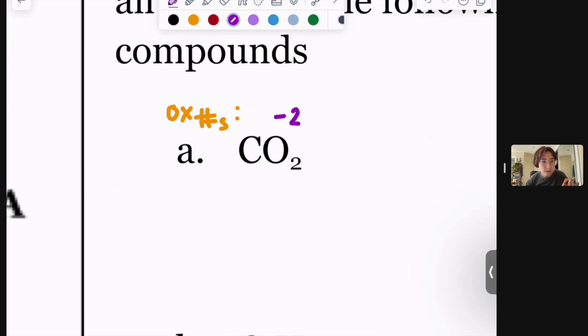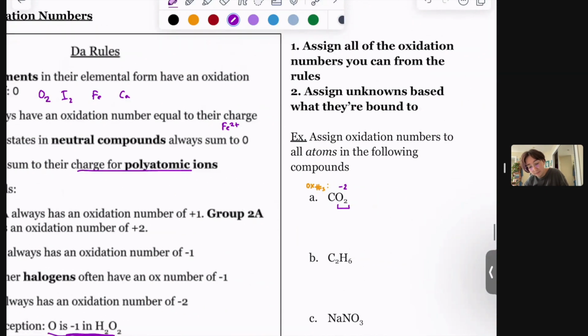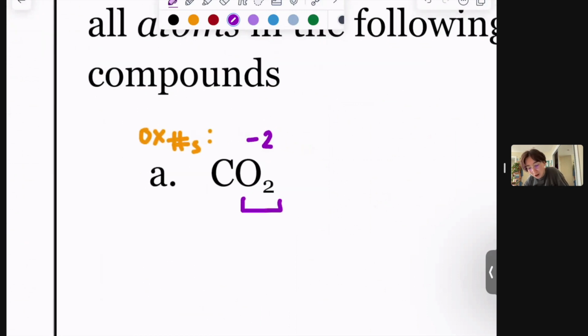So, figure out something that works for you. If you want to do this off to the side, that probably makes more sense for most people. But I write small, so I like to just make notes under here. It's not the same thing as charges, but the way you figure out oxidation numbers is pretty similar. They're always going to sum to 0, or sum to a charge if it's an ion. So each oxygen has a -2, and there are 2 oxygens, which means that carbon